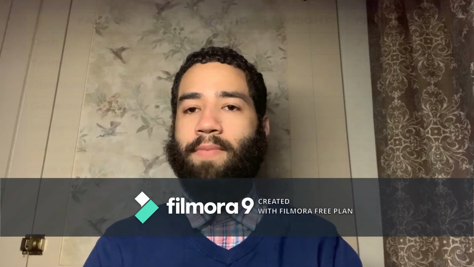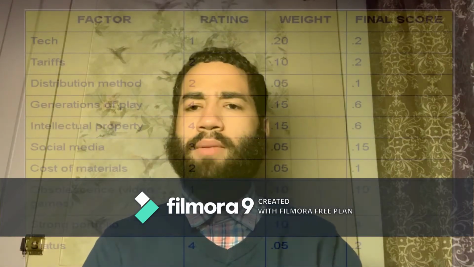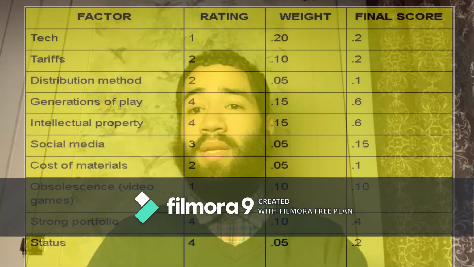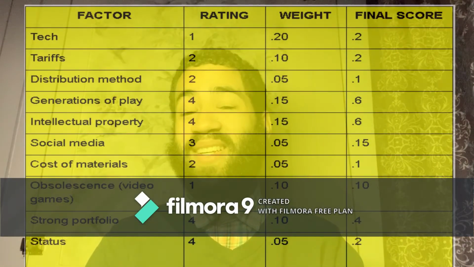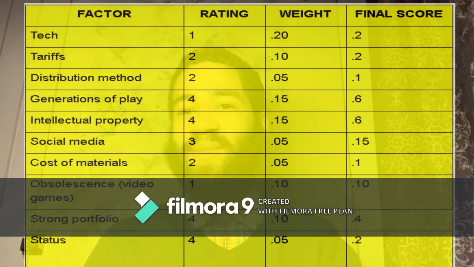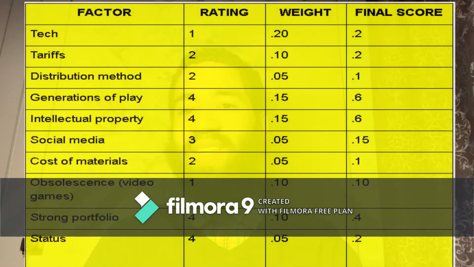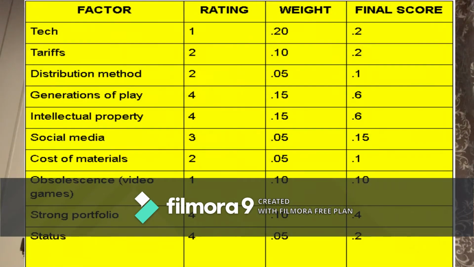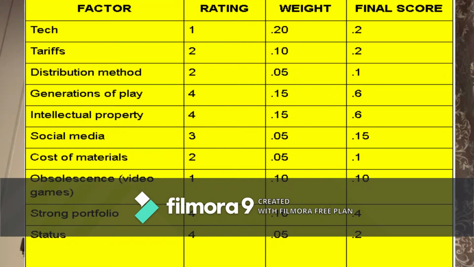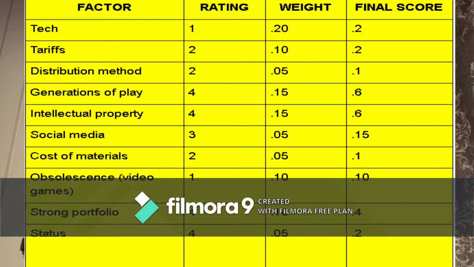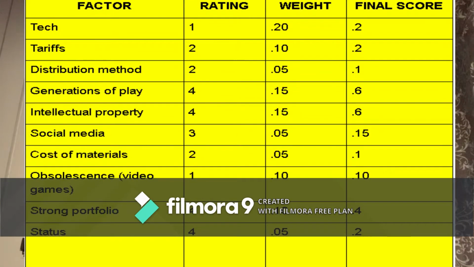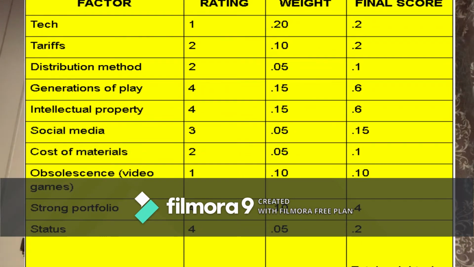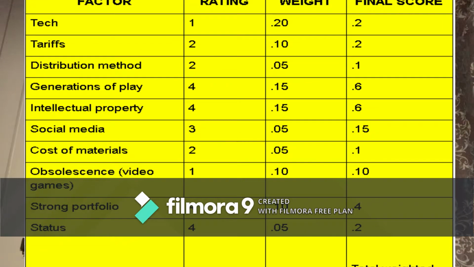The first factor being tech, with a rating of 1 and a weight of 2.0 and a final score of 2. Tariffs, with a rating of 2 and a weight of 0.1 and a final score of 0.2. Distribution method, with a rating of 2 and a weight of 0.05 with a final score of 0.1. Generational play as a factor has a rating of 4 with a weight of 0.115 and a final score of